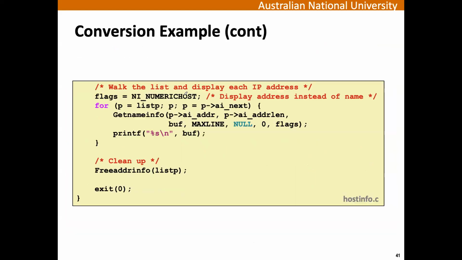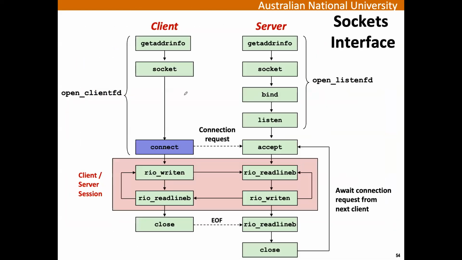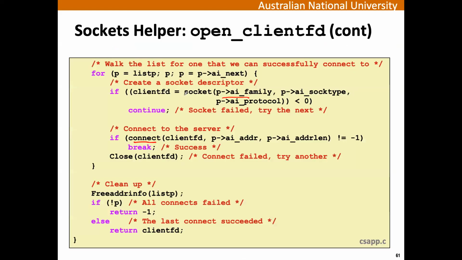So if you look here, we are not providing the arguments of the socket system call ourselves. We are using whatever is inside p, the list returned by this function, and we are using the address